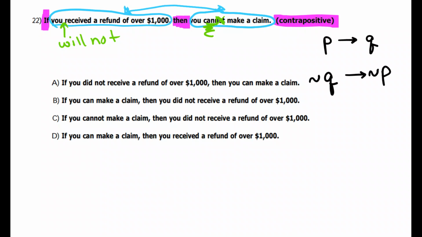So it should say if you can make a claim, then you will not receive a refund of over $1,000. If you can make a claim, okay, there's those two, then you did not receive a refund. This one says then you do receive it. It's not that one. It's B. And that's those three problems that are